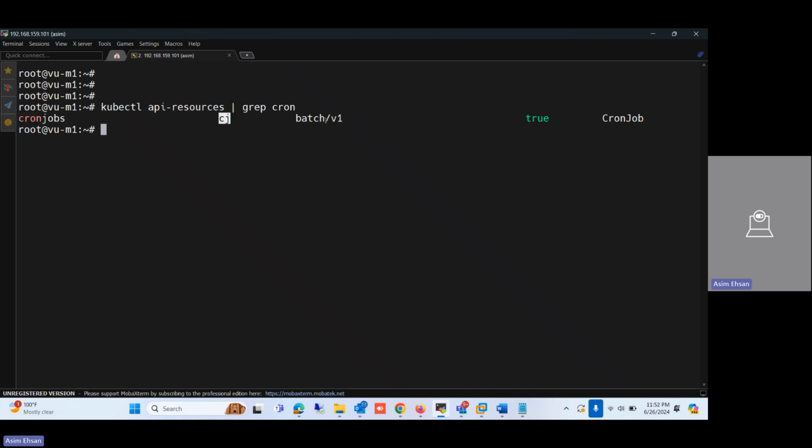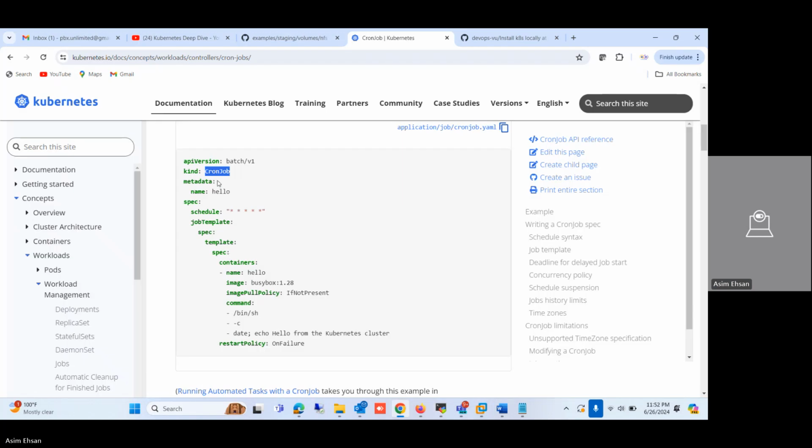CJ is the short form, and batch/v1beta1 is the API version. So this is the kind, and this is the name of this cron job. And this is the same schedule format that we use in Linux. The first star is for minutes, then hours, then the date, the day of the month. This is for the month of the year, and this is the day of the week. So you can look at the documentation